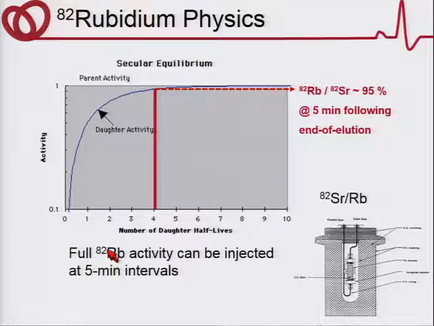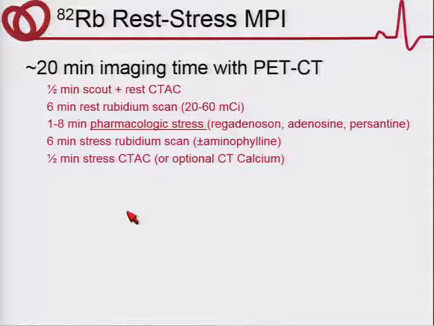That means that there's really virtually no practical limit to the number of studies you can do with the generator once you have it on site. So what would a protocol look like for rubidium stress or rest and stress perfusion imaging? As you saw on some of the previous slides from Dr. Bateman's group, booking on a 30-minute schedule is really quite feasible because the total imaging time is somewhere around 15